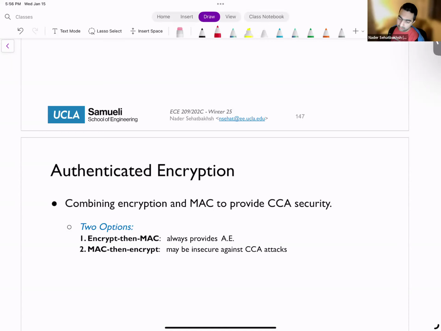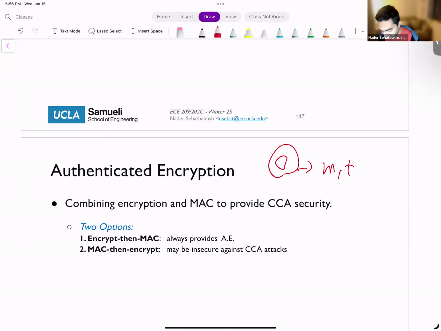The important thing here is that this first option, encryption then MAC, is a secure option. MAC then encrypt is not a secure option, because there has been an attack that people have shown that essentially the adversary can substitute the ciphertext and that will result in a different message. So in order to achieve AE, just make sure that you always encrypt first, then treat your ciphertext as your message, compute the tag for that, and send that. And that will give you